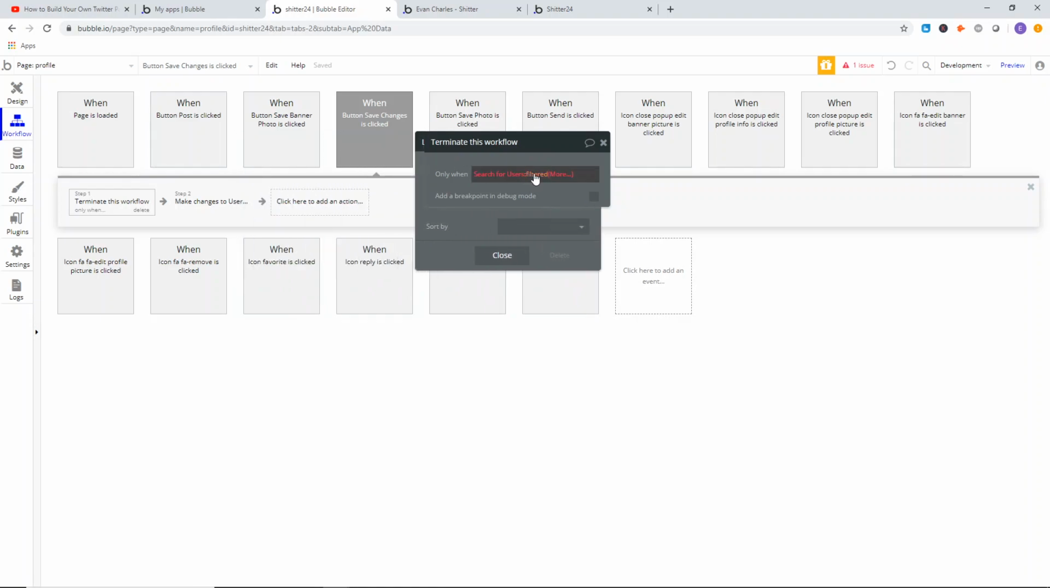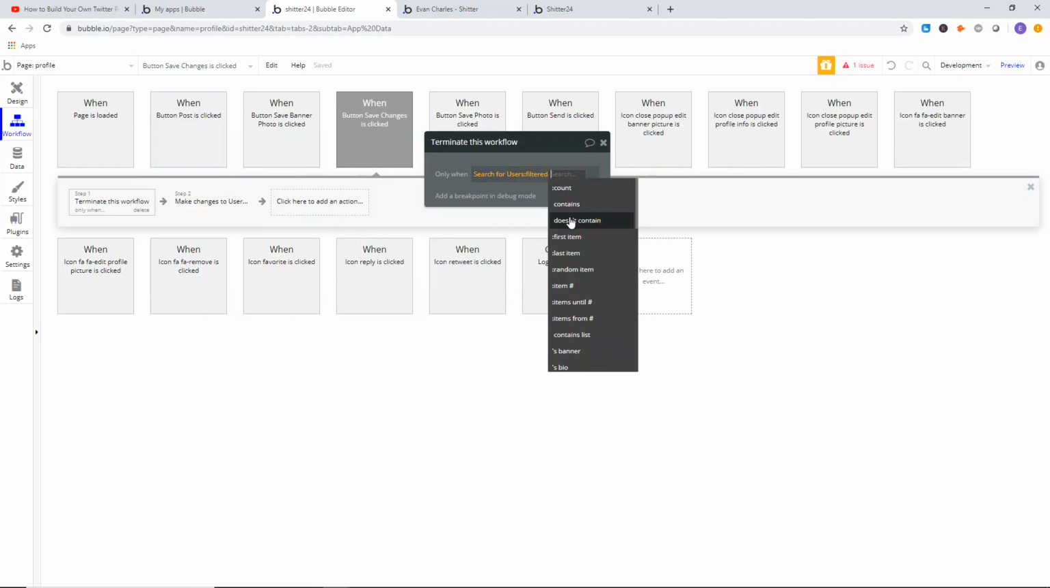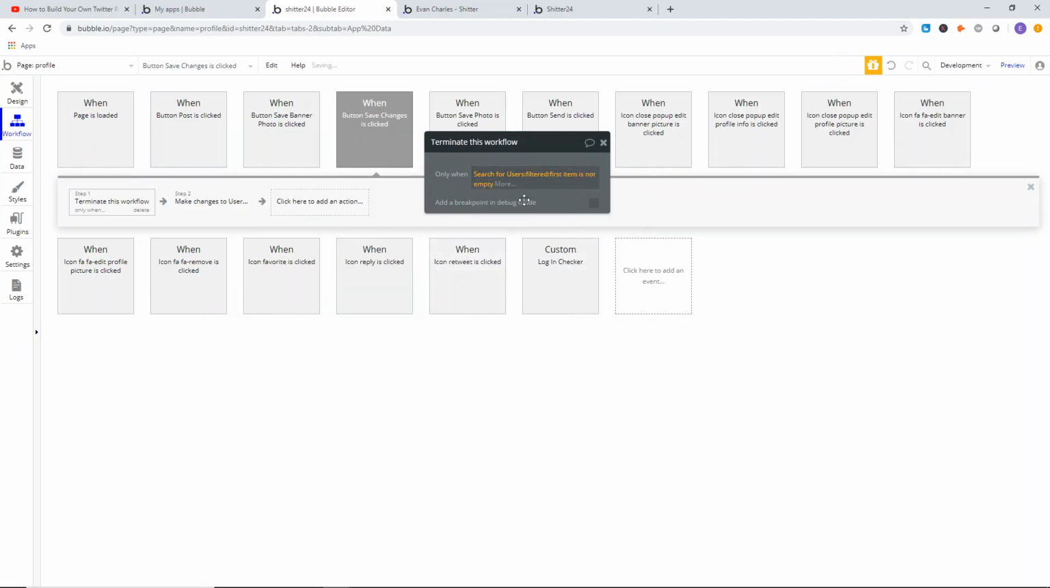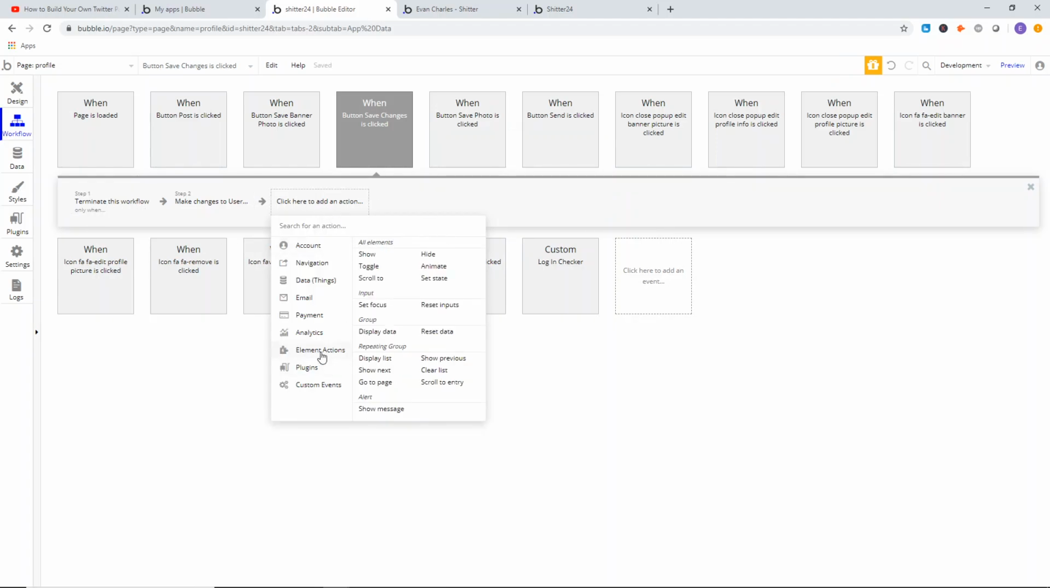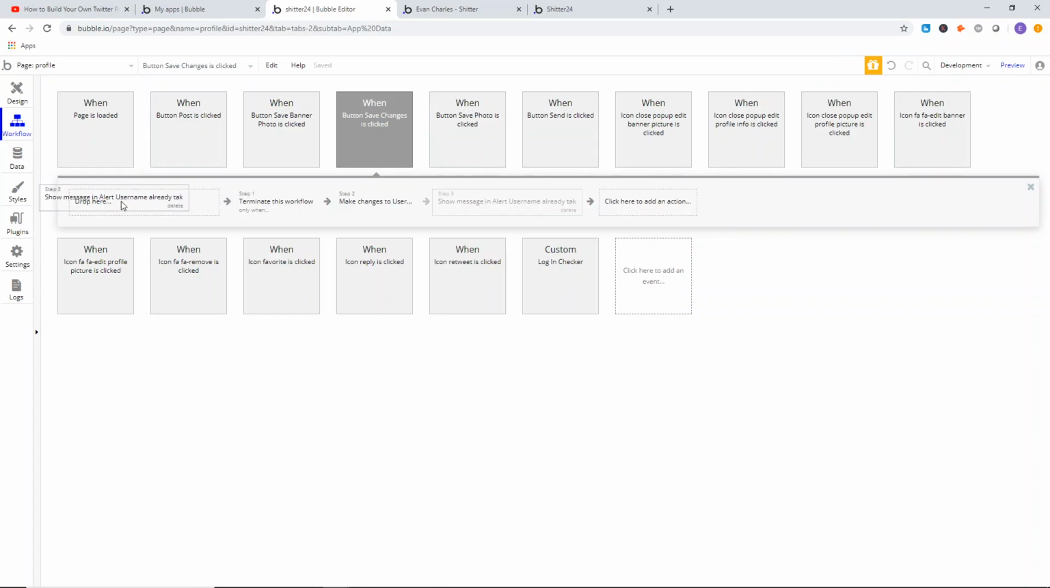Okay, so search for user filtered by this user's not current user's username, input username's value. And then we're going to say first item is not empty, okay? Then we're going to terminate this workflow. Now what we're going to do is show a message, and this message is going to be username already taken. We're only going to show this message